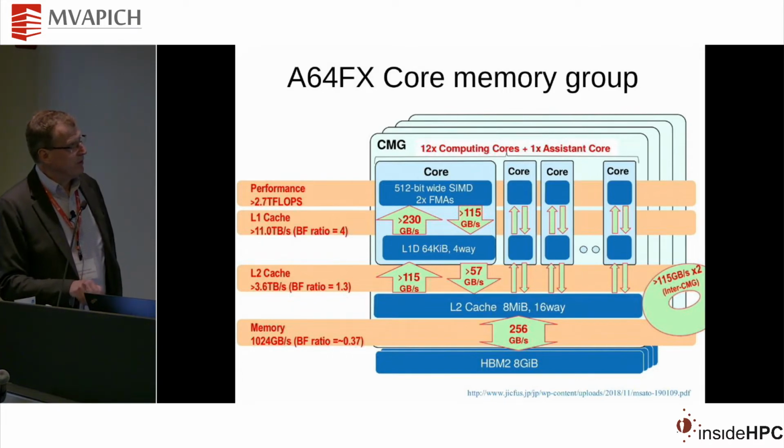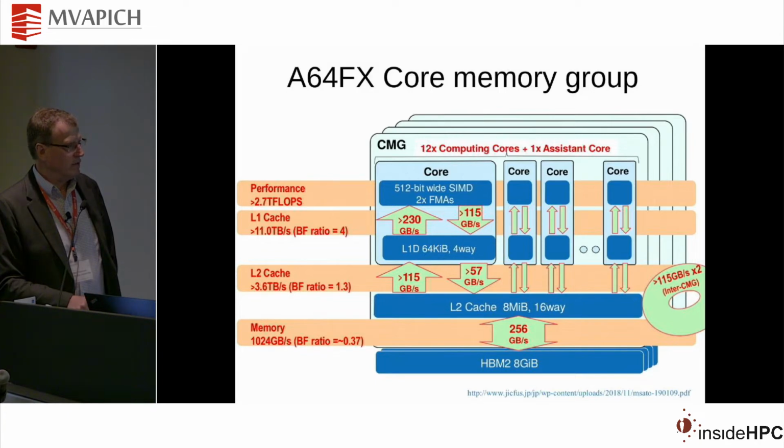So this zooms into a core memory group. Looking at a single core, it's able to run a DAXPY at full speed out of L1. And there's the bandwidths right here. So if we look at this bandwidth here, then you can see that the read bandwidth corresponds to reading a single vector at full speed, and you can do that all the way down into main memory. So a single thread can achieve a very high fraction of its necessary bandwidth running out of main memory, right? And so that really will change the performance profile of applications.